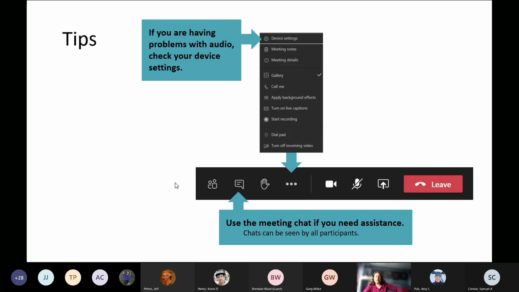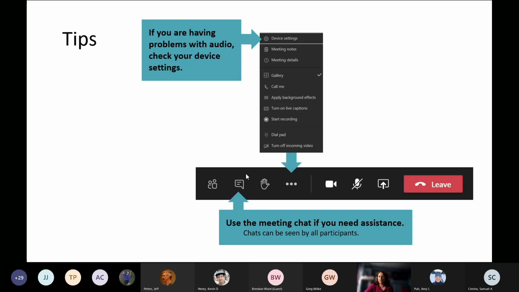The next tip, in case you're not hearing me at all, and all you can see is my mouth moving, if you're having problems with your audio, you can go up to the device setting. To get there, you click on the three little dots on the toolbar, go up to device setting, and then that's going to pop up the options for your headset, speaker and microphone. If you're still having difficulty trying to figure out a function of MS Teams, you can drop us a chat in the chat box.